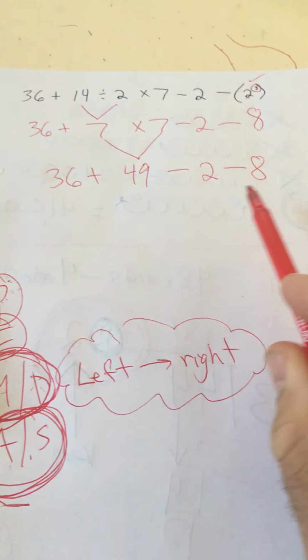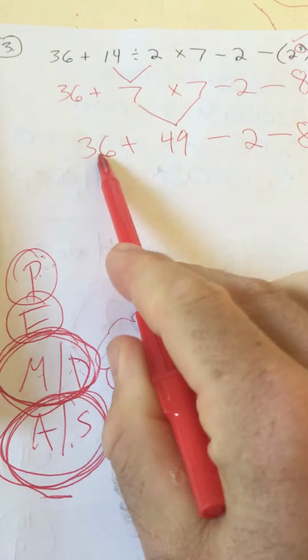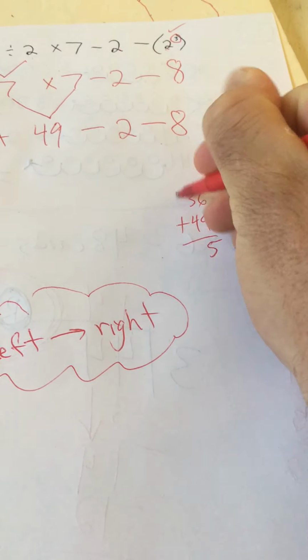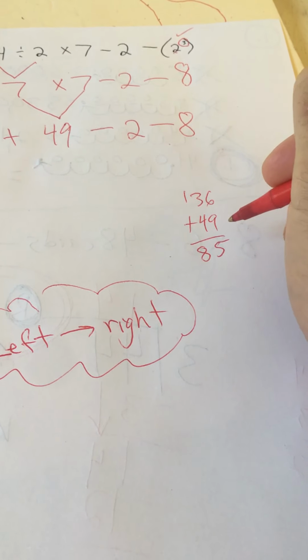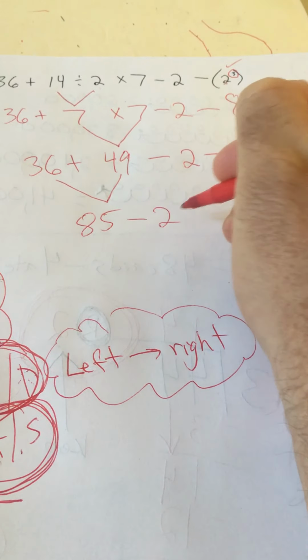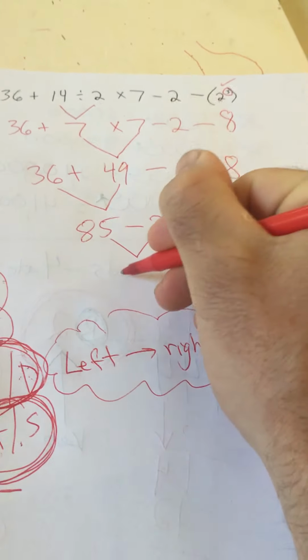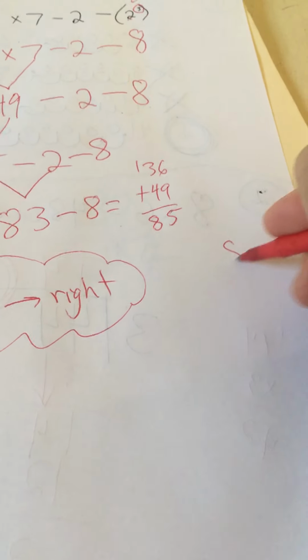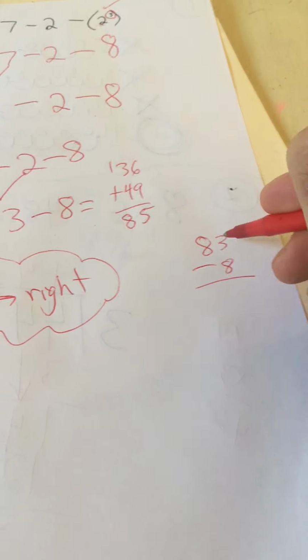Now we have addition and subtraction moving from left to right. 36 plus 49 is 85. 85 minus 2 minus 8, so 85 minus 2 is 83. And 83 minus 8 will give us our final answer. Can't do 3 minus